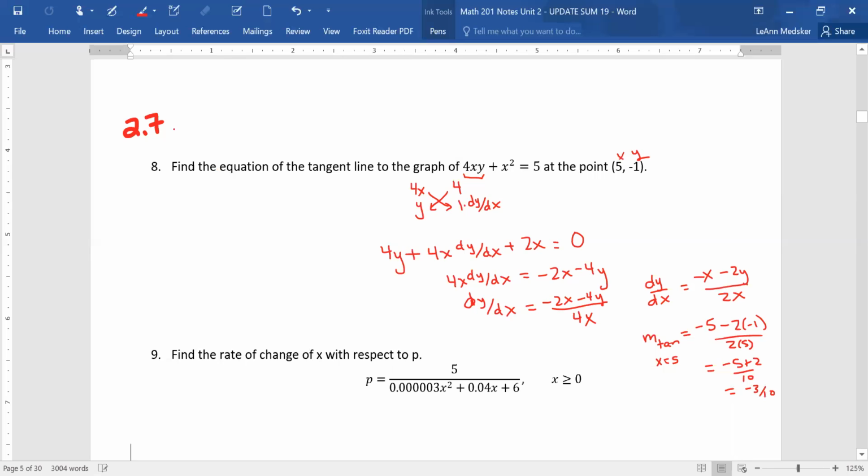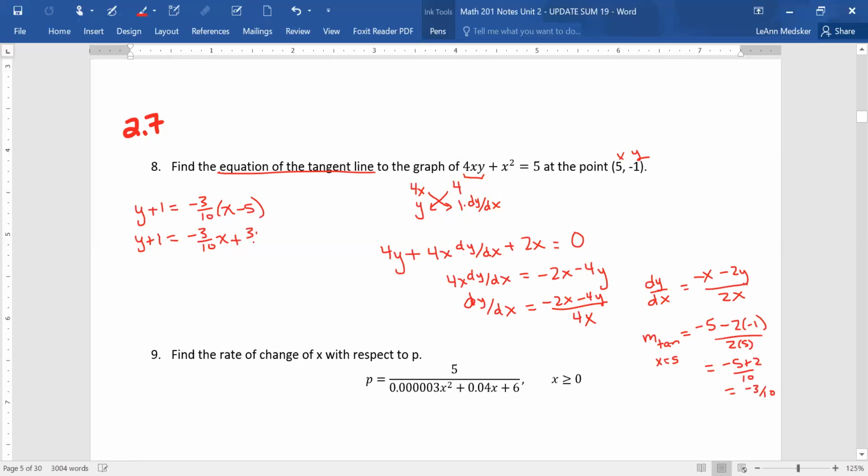So that's my slope. Now all we need to get an equation of a tangent line is we need a slope and a point. So we have y minus negative 1, so that'll be plus 1, equals negative 3/10 times x minus 5. You can distribute the negative 3/10 right here. So that would be negative 3/10 x, and then this would be a positive 15 over 10, which will reduce down to a